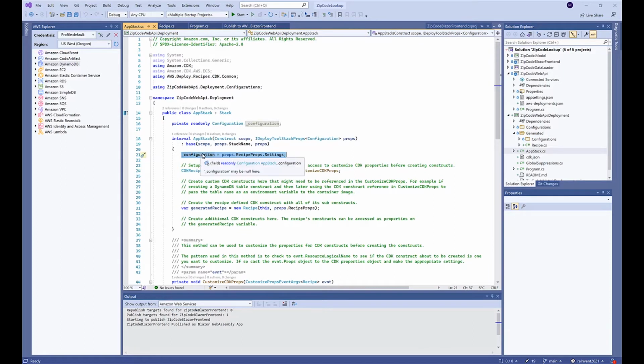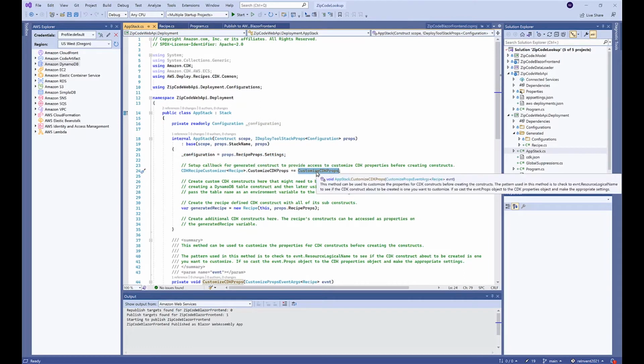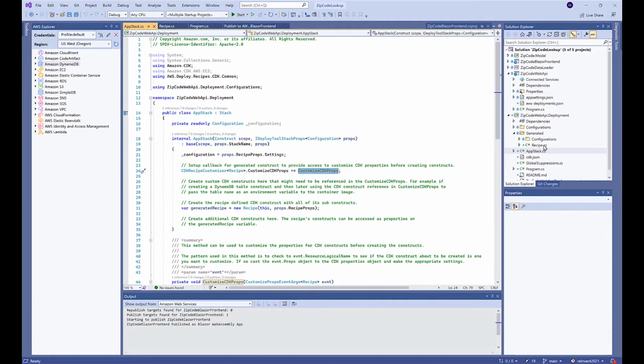This is where we get all of the settings that were made in the front end, whether that's the CLI or Visual Studio. Then we're going to set a callback that's going to allow us to customize the resources that are created even as part of that recipe.cs file. And we'll show that more in a second. And then we'll go ahead and start creating those resources inside that recipe.